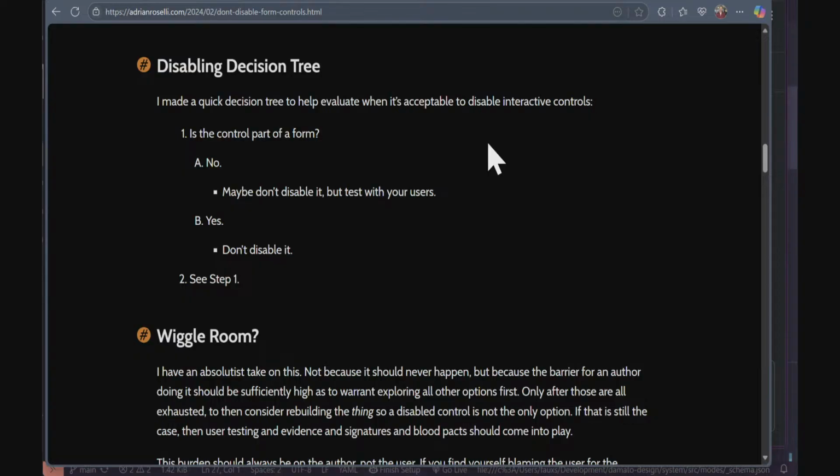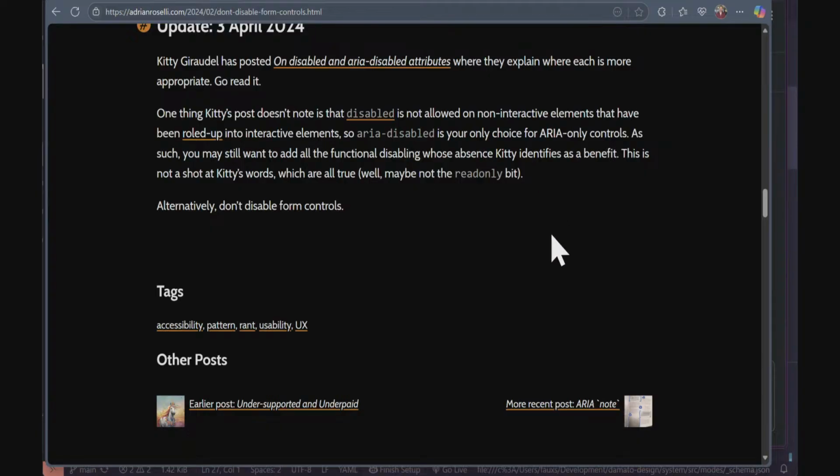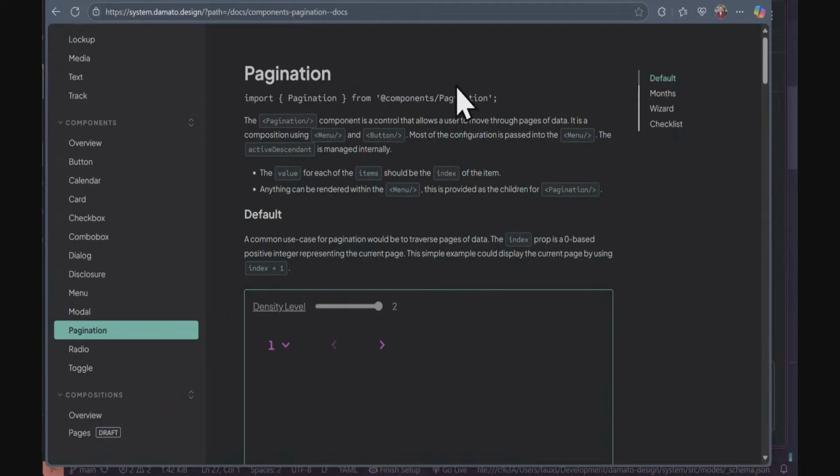So basically at the no part, he's saying maybe don't disable it, but test, right? And this decision tree in and of itself is really leaning hard over to the don't disable the button world, right? I don't think he really gives any graphical UI examples of disabling things in here. Not that I could see in here. He also says read-only is not a solution. So I didn't see much in here, but in my own work, which I'll go over here,